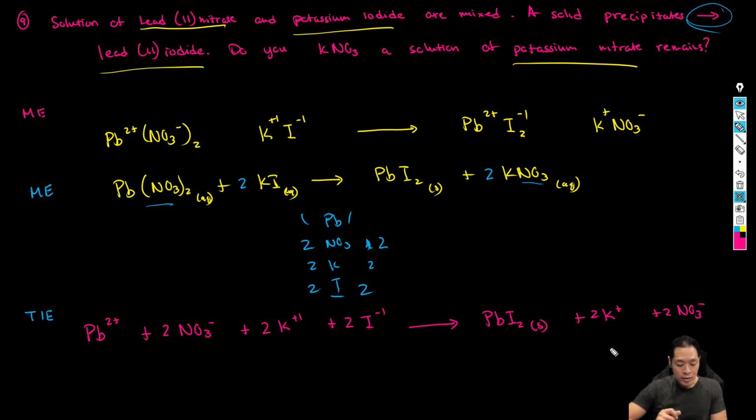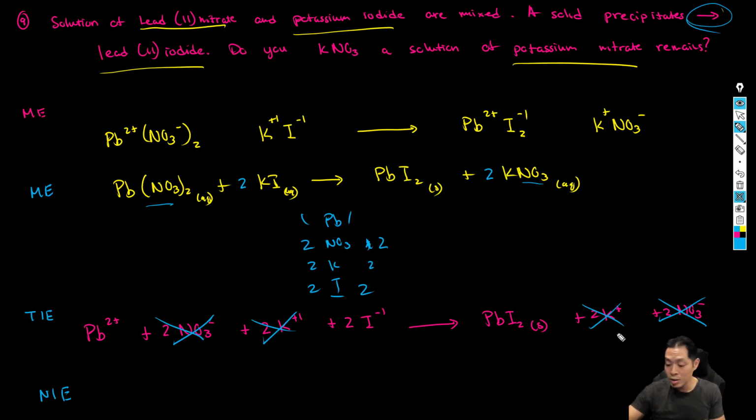Now the last one, which is the net ionic equation, is where we exclude the spectators. Spectators are ions that are on both the left side and the right side that really aren't involved in the reaction. PbI2 is the reaction. They're going to come together. You'll notice that NO3 is on both sides as an ion, so it is a spectator, and we get rid of it. Potassium as well is a spectator, so we can get rid of it. So the only thing that's left is